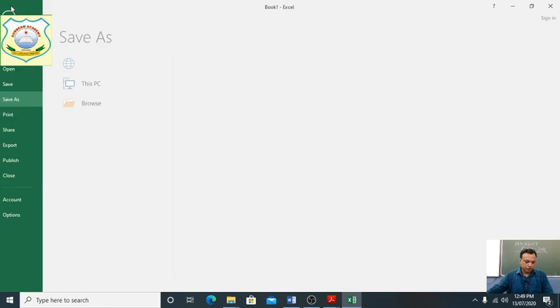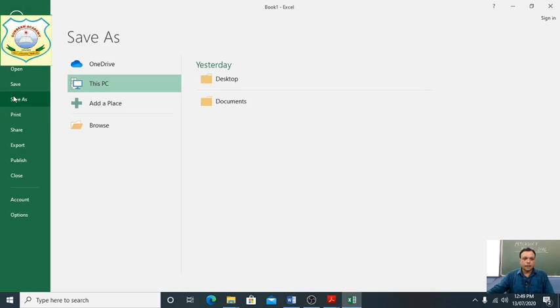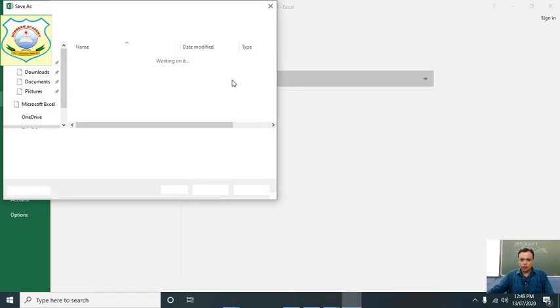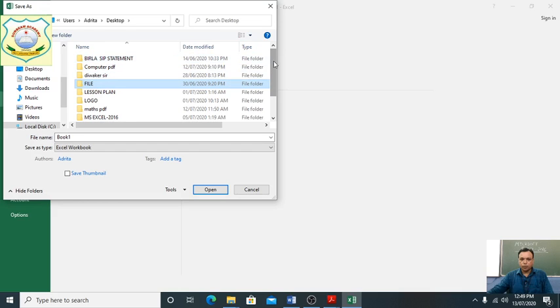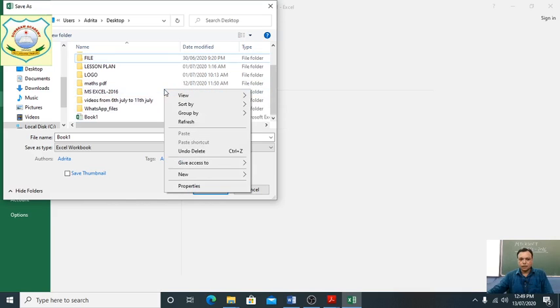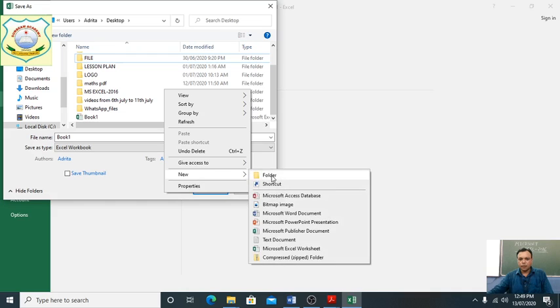So click on it, students, and the Save As option has come. Where do you want to save? The desktop, okay, click on the desktop. If you want to make a new folder, right click, then New, and Folder.